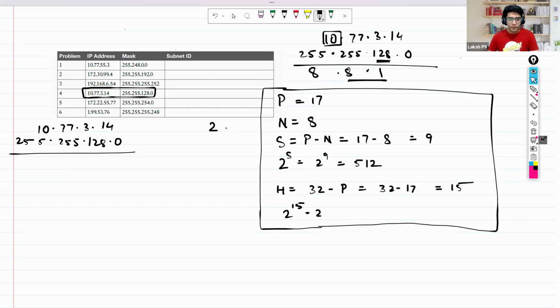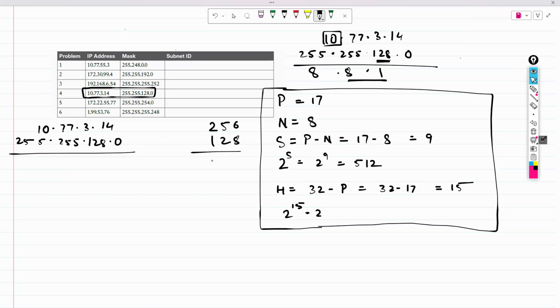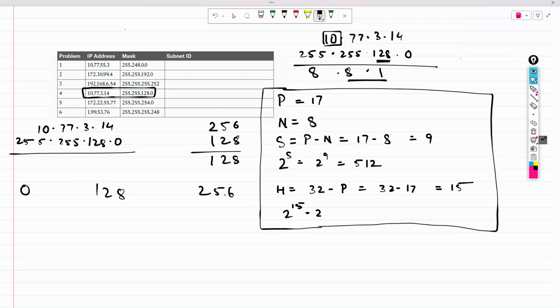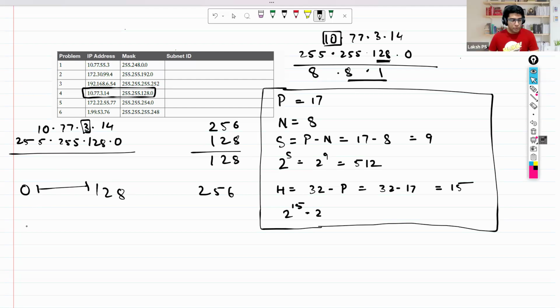Now you have 256 minus 128, which gives us 128. Now 0, 128, 256. Obviously, this address falls between these two. So our subnet ID will start with